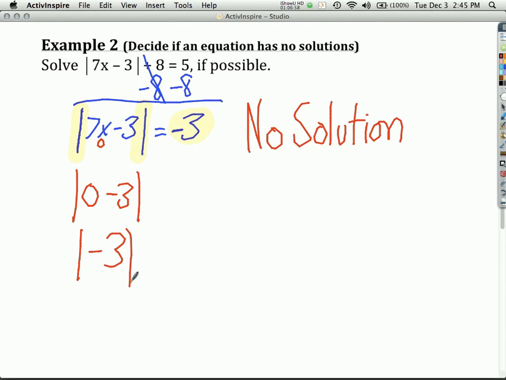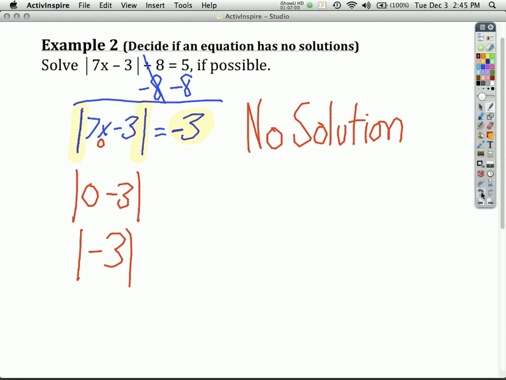Go ahead, you were trying to say something different? I apologize. I went ahead and I took off the absolute value, and if you take it off, you have to add this 3 to both sides. Right, but if I just gave you this on a homework assignment and I asked you to solve it,